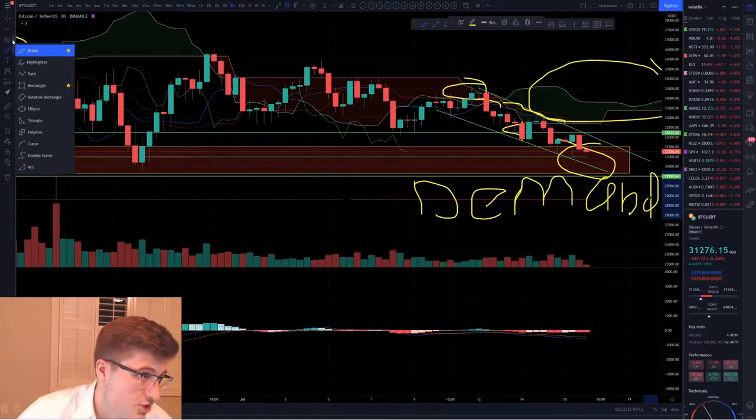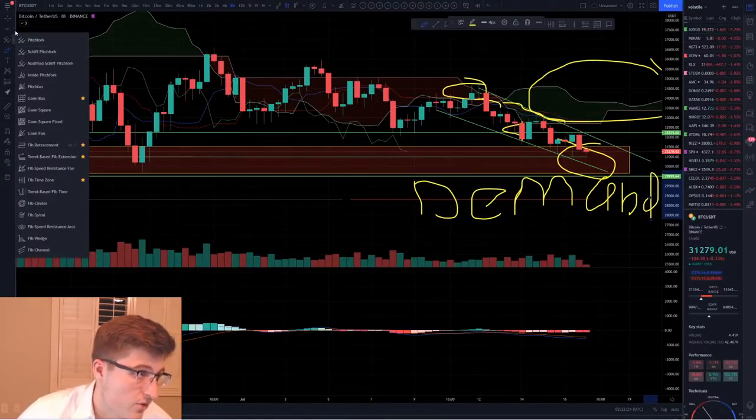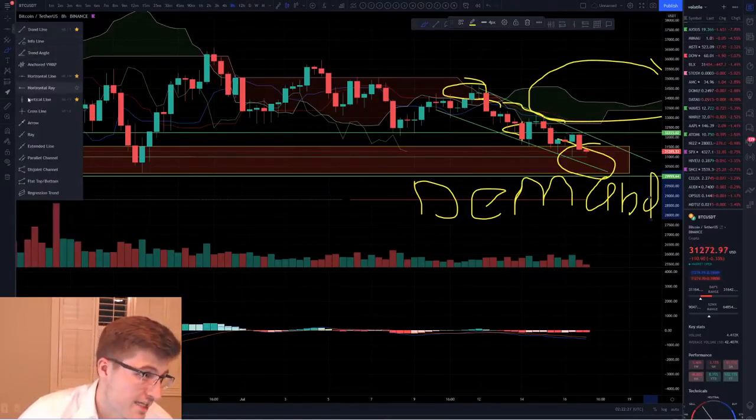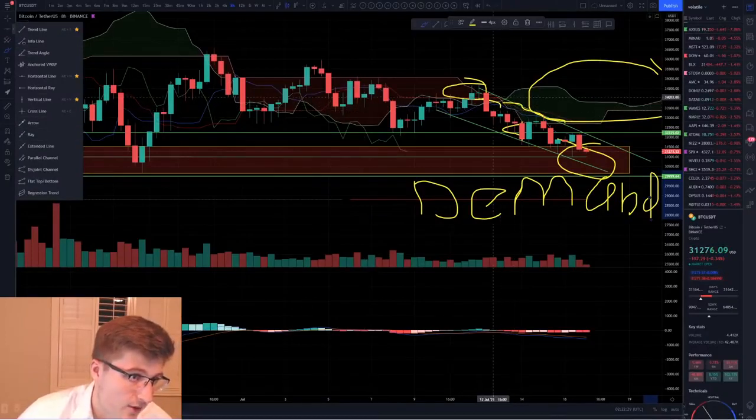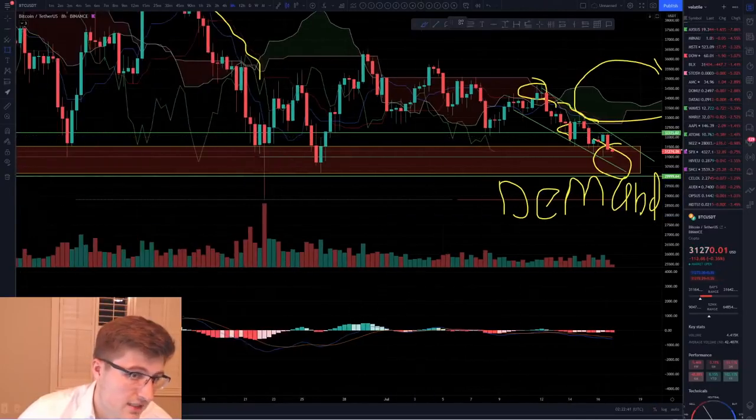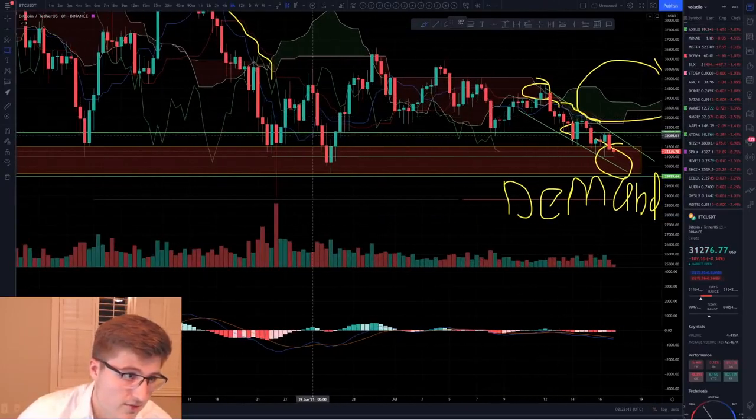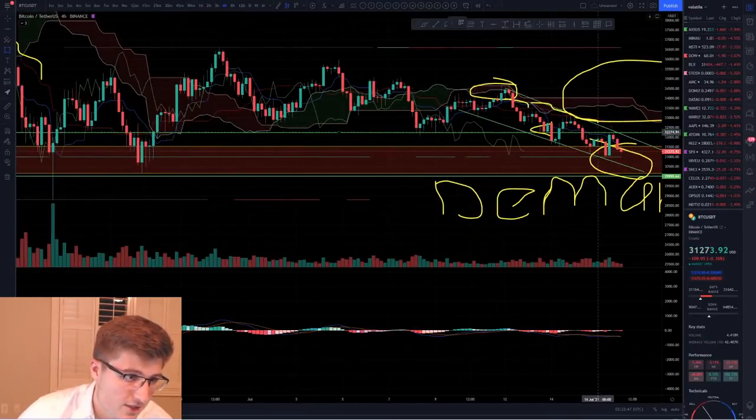Doesn't mean hop into a short. We'll wait for a signal, and I'll go through what levels I'd be looking for a short and what exactly I'd be looking for. But yeah, guys, you see that doji right there, and then we had that push down right at that resistance level. Wait for candles to close before you ever enter a trade. Let me go and draw this. I'll probably need to go to the smaller time frames. I'll draw that in a second.